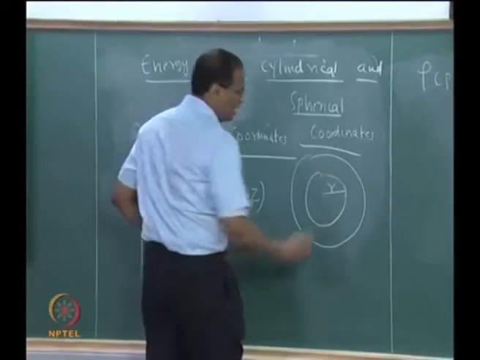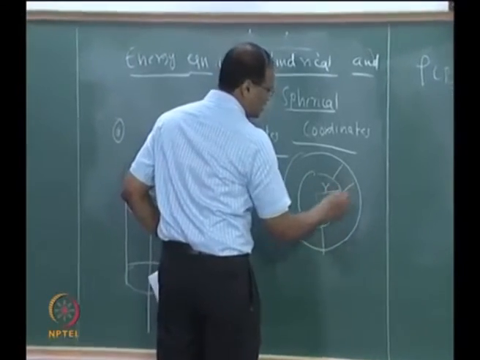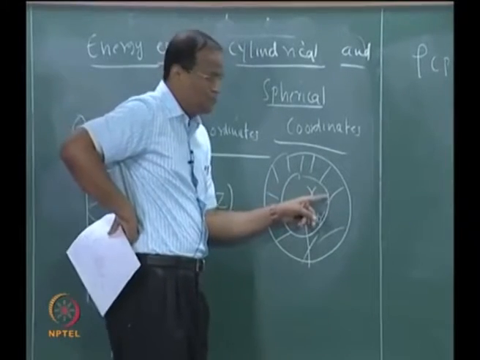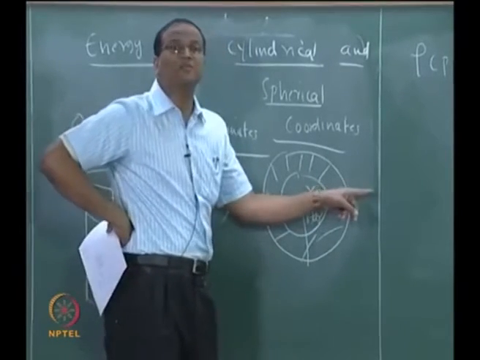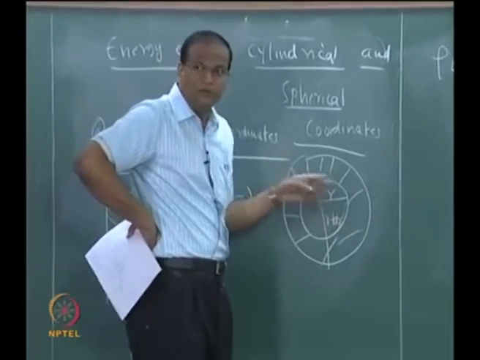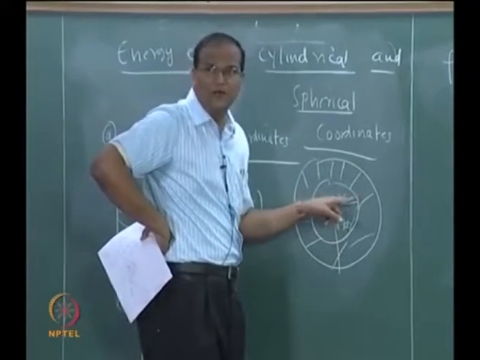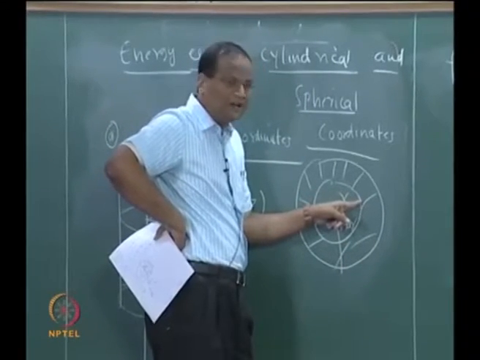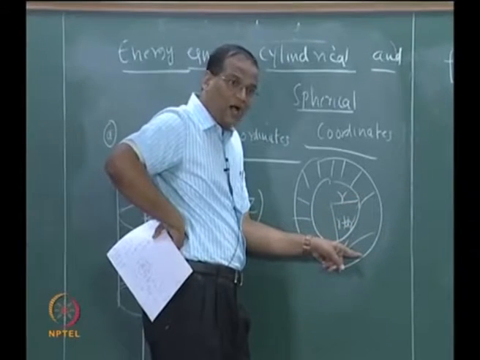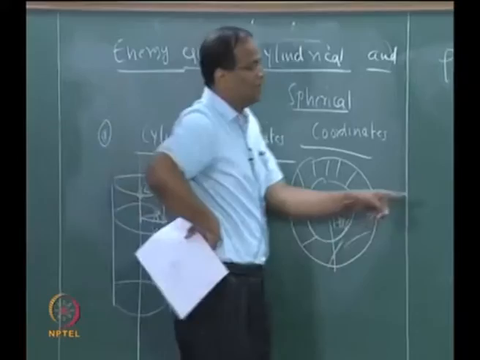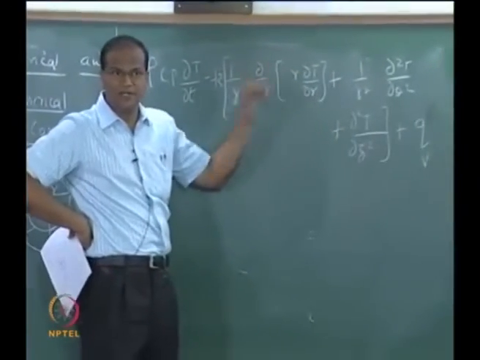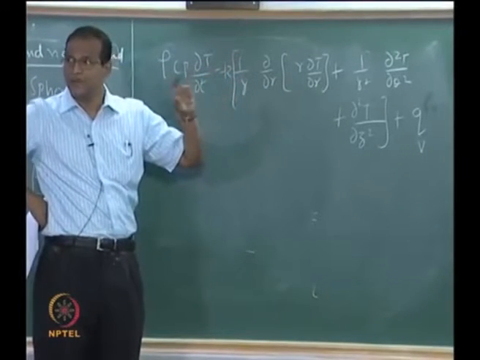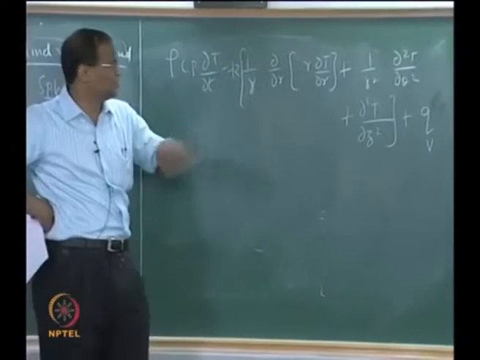if you take a section r, and a section r plus dr, there we put minus small q at x equal to minus small q at x plus dx. Here you can't put that, you have to put minus capital Q at r, because capital Q is small q r into 2 pi r dr, 2 pi r plus dr. So that is why the dou by dou r of r dT by dr is coming, the area continuously changes. There may be constant heat transfer rate, but heat flux is not constant.